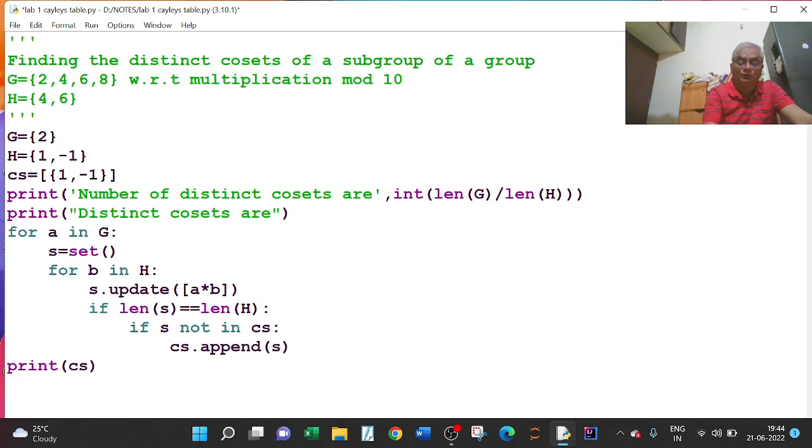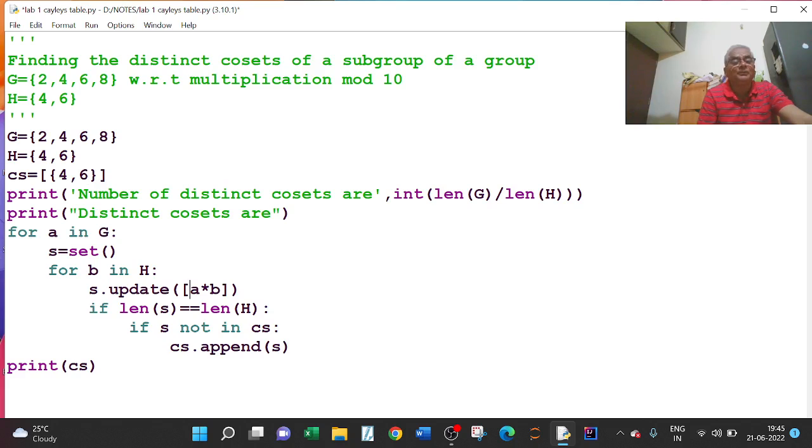G equal to 2, 4, 6, 8, and H is equal to 4, 6, and CS is equal to 4, 6 as well. This will be same, this will be same, this will be same.